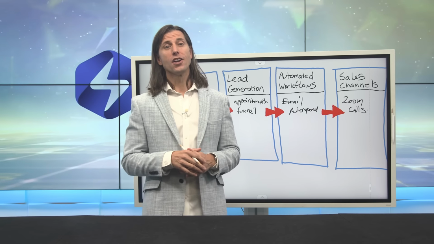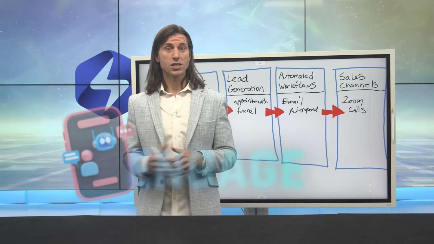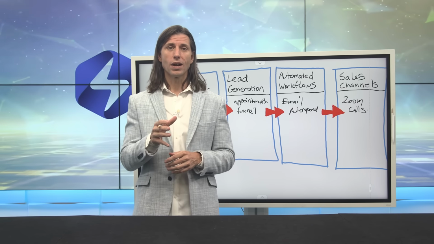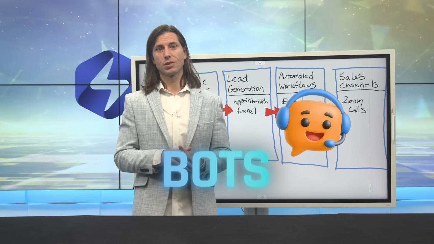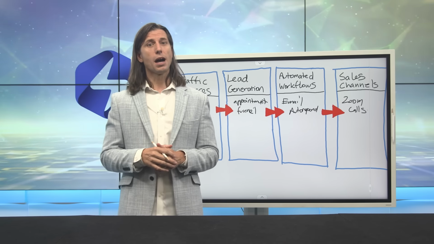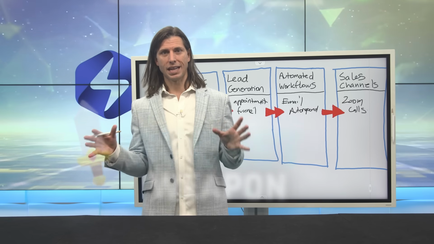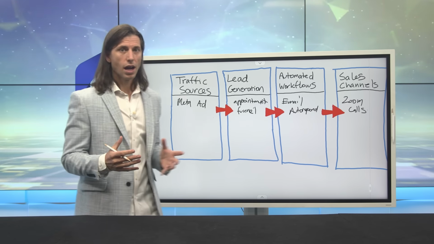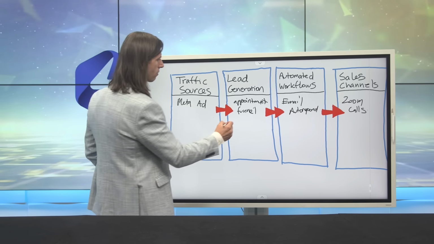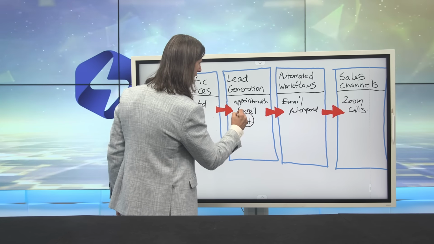The second way you can use AI and automation is to engage with your visitors. And one of the best ways to do it is using bots. We talked about bots quite a bit in the BotBuilders Basics series earlier. But bots are kind of like your secret weapon. You can use bots in so many different ways. For example, you could add a bot to your funnel, right? You add one of those bad boys right here and attach it to this guy, right?